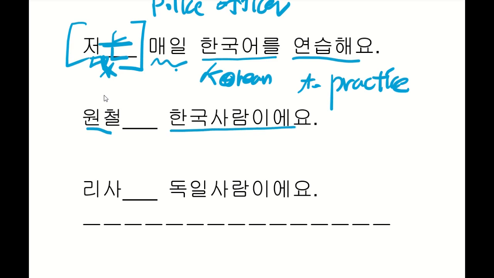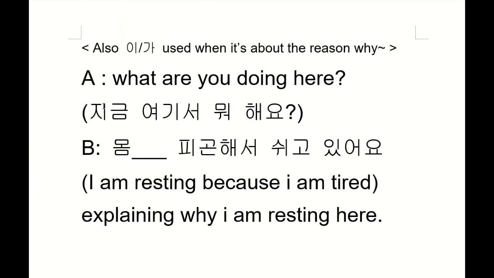원철 한국 사람이에요. Korean person. And in this case, it's not 는, it's 은, right? Because it's self-introduction, it's about me, general information, and it ends with a consonant, not a vowel. So it's 은, not 는. But in this case, it's 는, because it ends with a vowel, right? So 리사는 독일 사람이에요. Lisa is German. Okay, and the other,